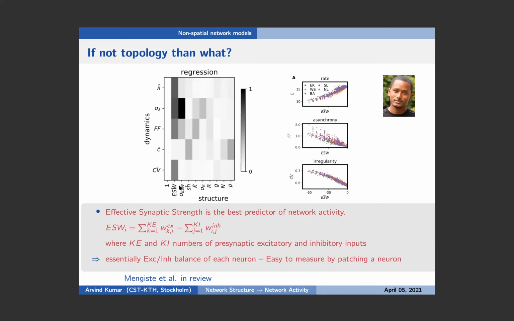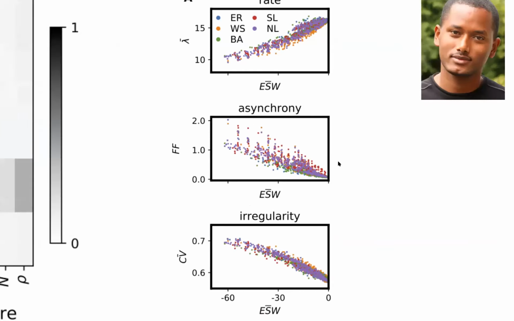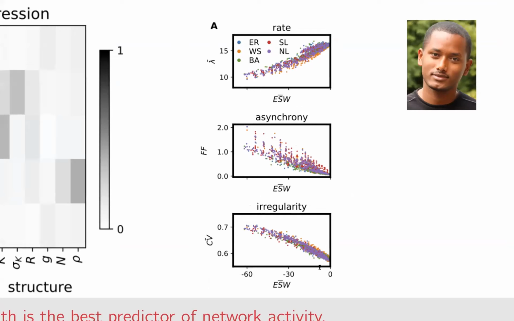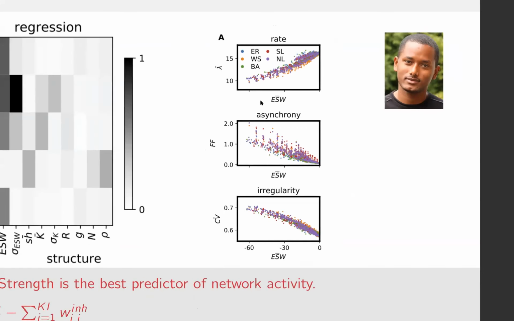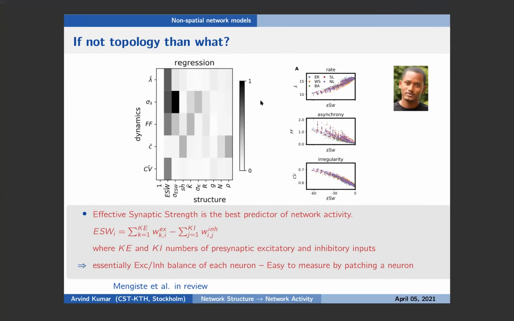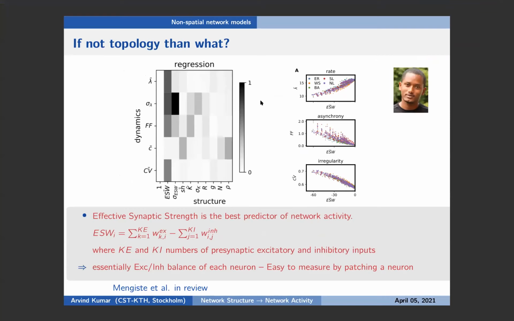And what he finds, very curiously, is that the best description of the network dynamics can be obtained just by looking into the effective synaptic weight, which is really the sum of total excitatory and inhibitory neurons' inputs. And this you can appreciate much better here, where he plotted ESW against the CV or the population synchronization and firing rate. It's a beautiful correlation that we can appreciate here. So ESW is actually a very interesting property because you can measure it simply by patching a neuron. So it makes the task very easy.